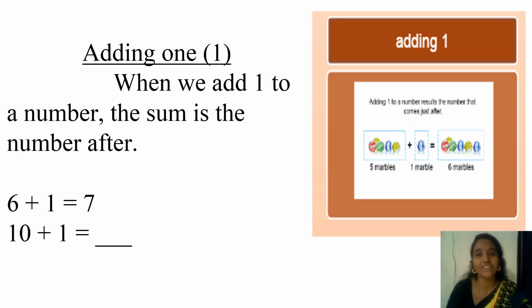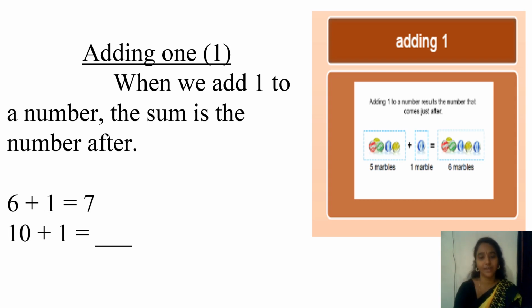So, what is our next property of addition? It is adding 1. When we add 1 to a number, the answer will be the next number of the number which we have added. Suppose you are having 3 ice creams and I tell you I am giving you 1 more ice cream. You already have 3, right? And I am giving 1. So, the answer is 4 ice creams, right? So, first you have 3. If we are adding 1, the total is 4. The answer will be the number next to itself.